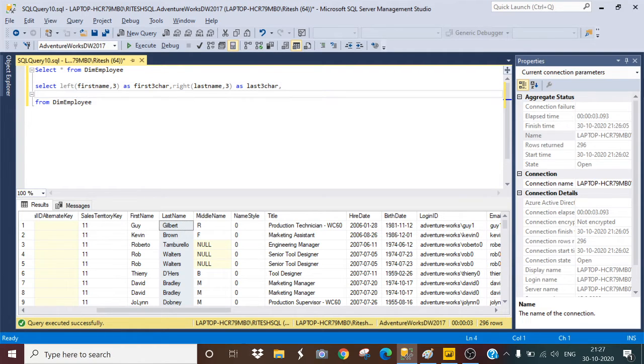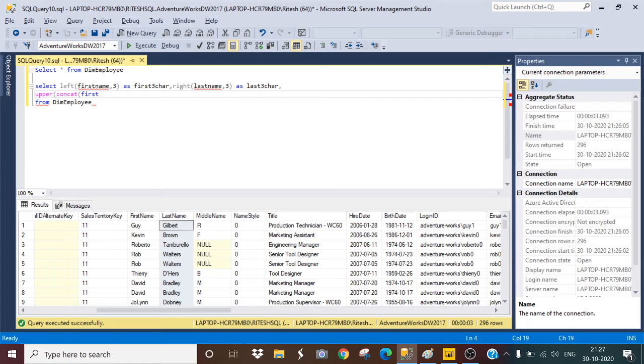I will alias it as last 3 char. Then I have to use the upper function for displaying the first name and last name in uppercase. Along with this I have to use concat to show first name and last name together.